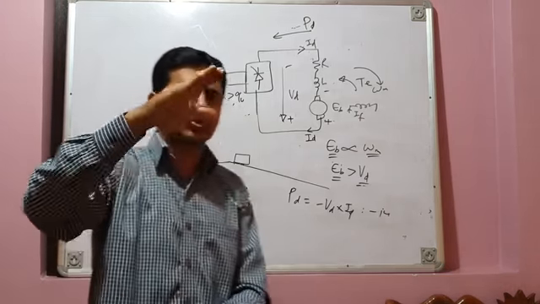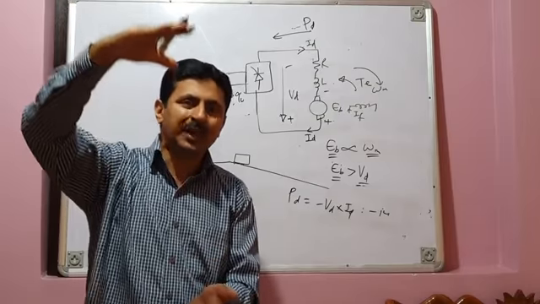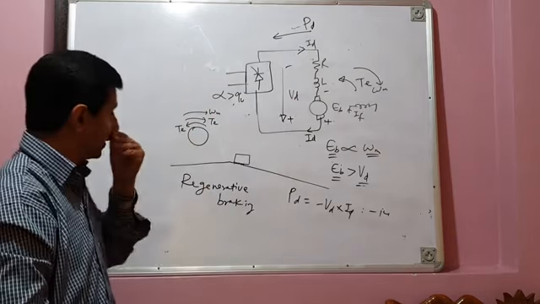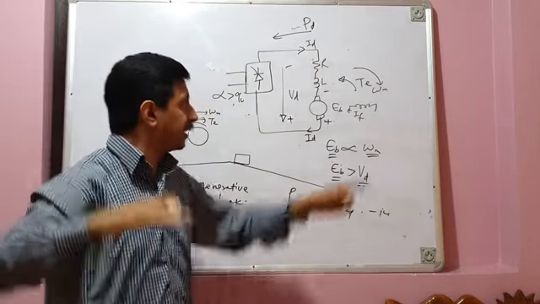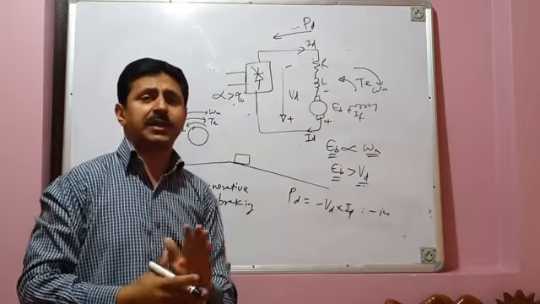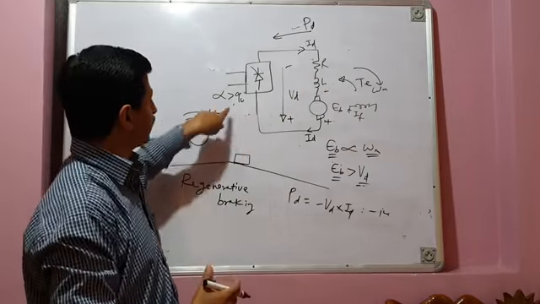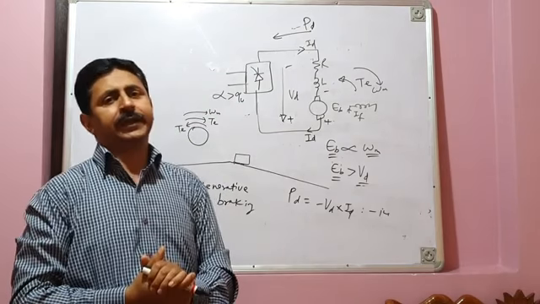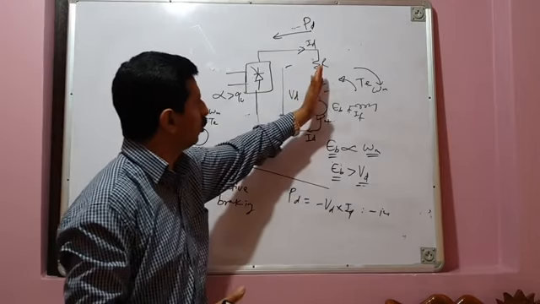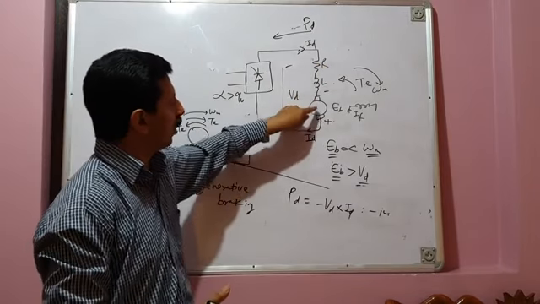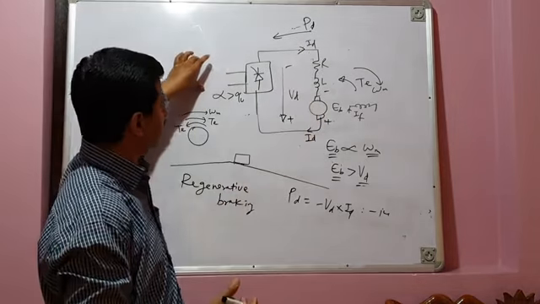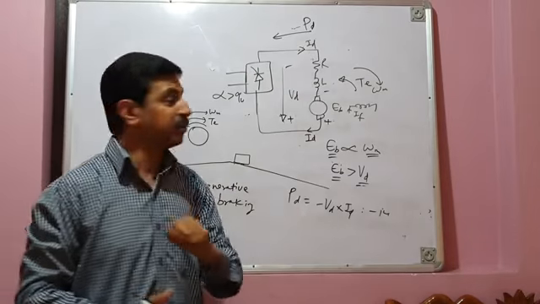Braking does not mean we are stopping the motor. We are slowing it down when it comes down from a certain height. And simultaneously, the advantage is, number one, because of the regenerative braking, the machine is now operating as a generator and your converter is operating at alpha greater than 90 degrees, in the inversion mode of operation. And in the inversion mode of operation, energy flows from the DC side to the AC side. So whatever energy is generated by this machine as a generator, that is fed back to the source. This is called regenerative braking.